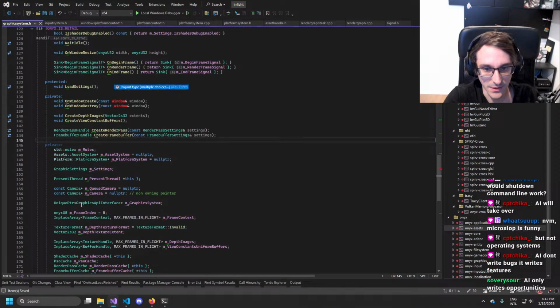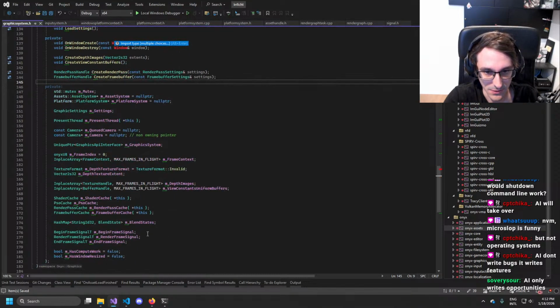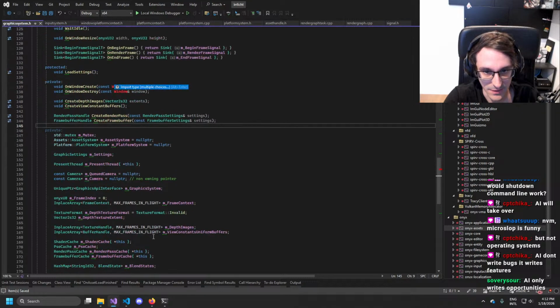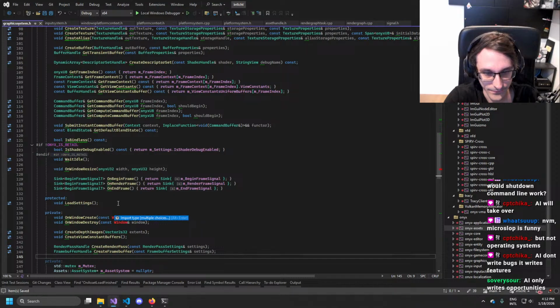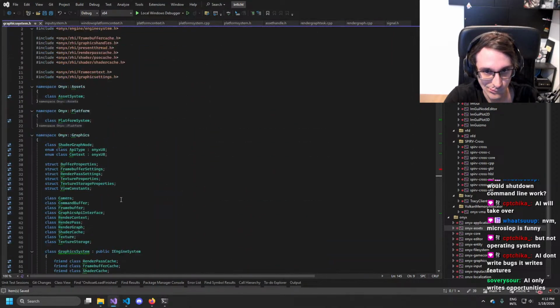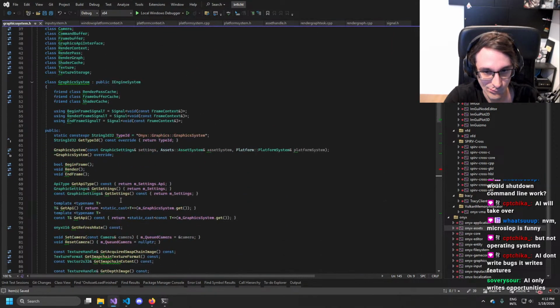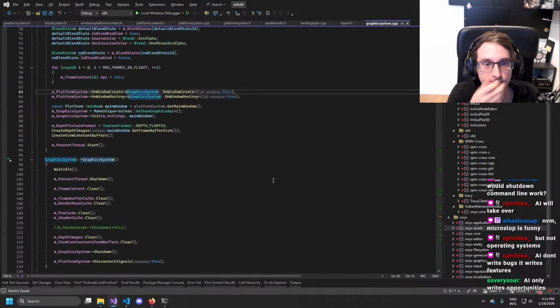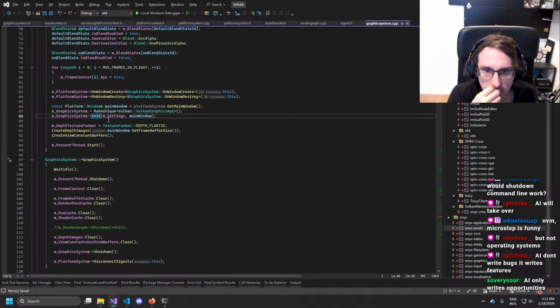Yeah, that's the unfortunate part here, I guess, that we would need to have that suddenly here. What would I actually need? I guess I would need to add this basically on window create.